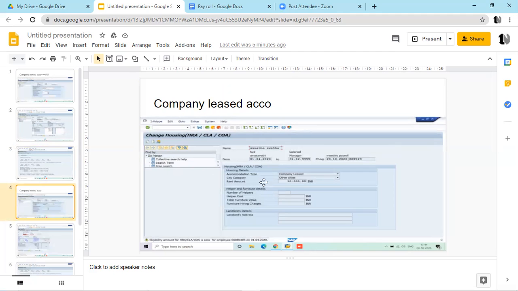Sir, I'm unable to understand about this rent amount. How did the amount 10,000 automatically come? I'm thinking it's invalid D that is calculating this 10,000. You didn't take 10,000, it's not showing.